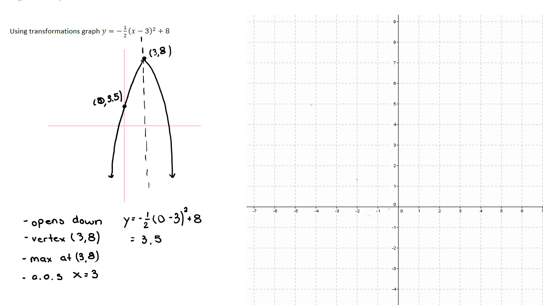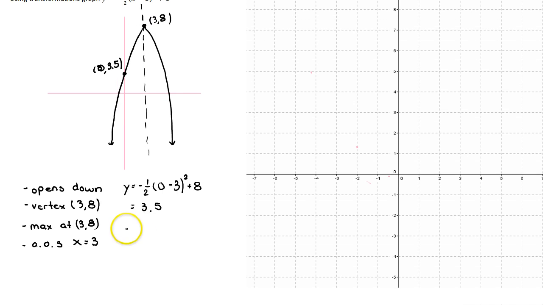So let's just find the x-intercepts here. To find the x-intercepts, we'll set y to 0. So 0 equals -1/2, oh, pardon me, not 0, x minus 3 squared plus 8. So we get -8 is equal to -1/2 x minus 3 squared. We'll multiply both sides by -2 to clear that fraction. So we get 16 equal to x minus 3